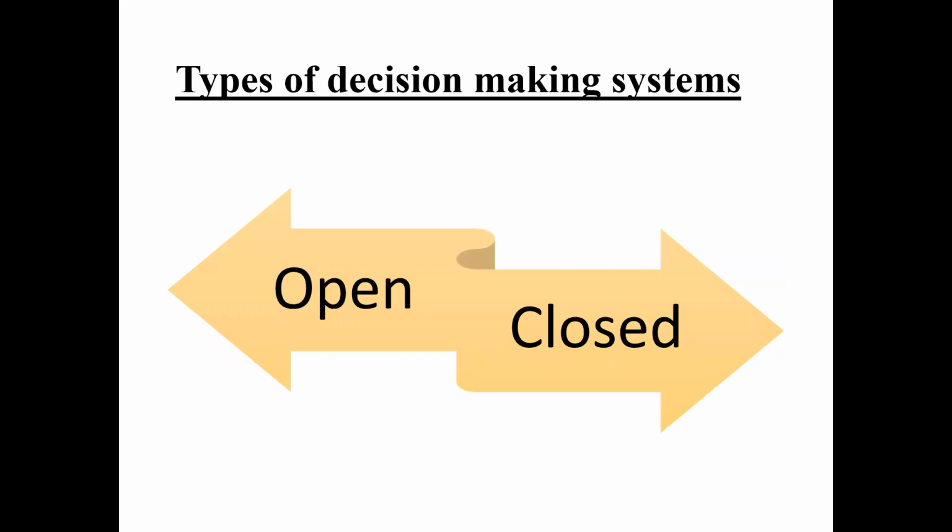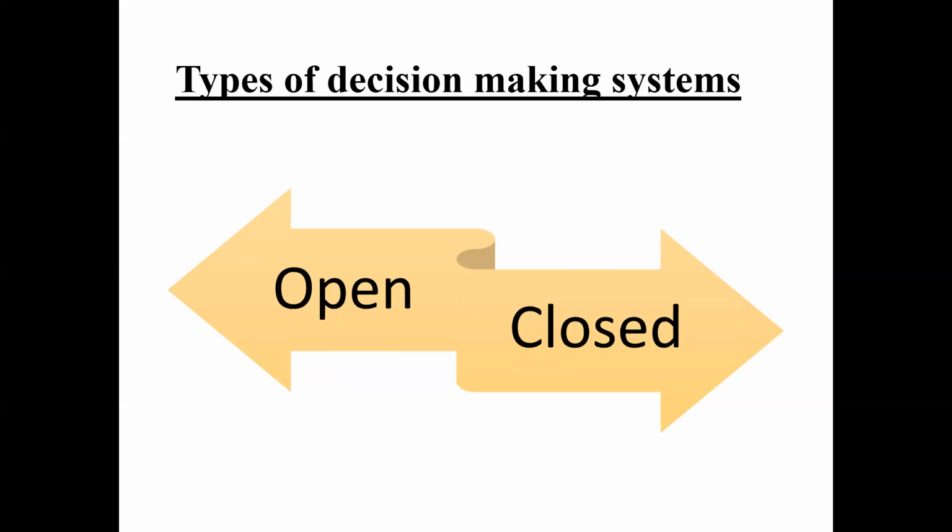Now, there are two types of decision-making system. I'm going a little fast because I have already covered all this. So in open, you are not aware about all the outcomes and all the alternatives you have and what would be the possible outcome. As we don't know about the set of alternatives and we don't have the method to rank them also, it becomes very difficult to decide the goal and objective of the organization. So in this situation, the manager decides to go for that particular alternative that is best suited according to his desires or aspirations.